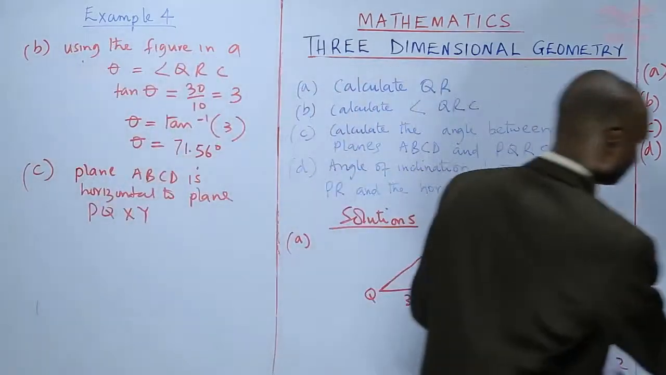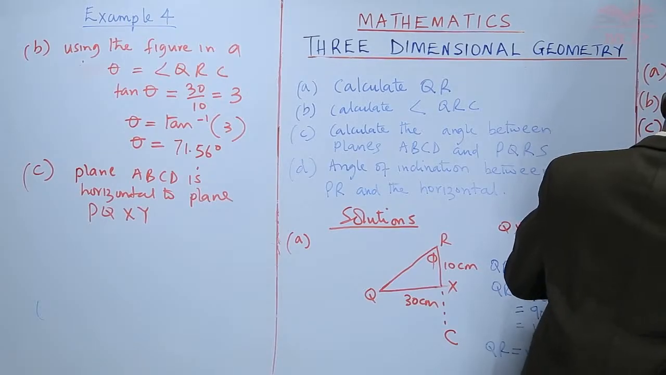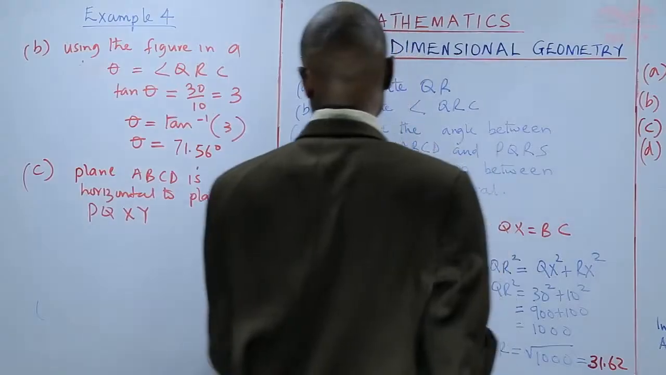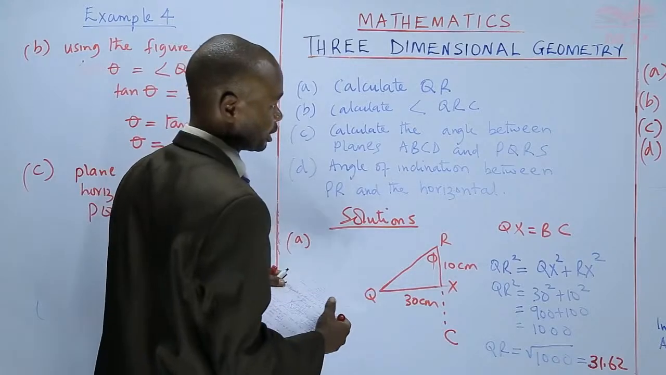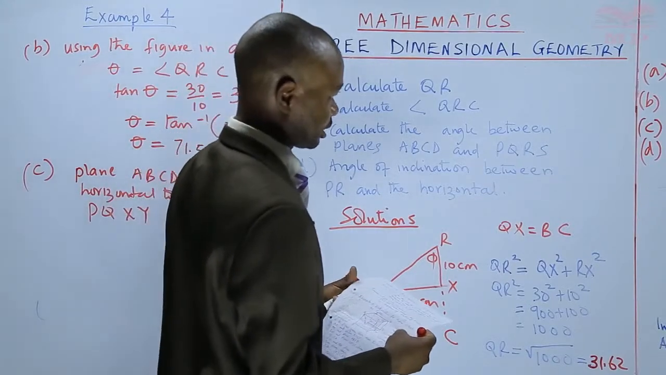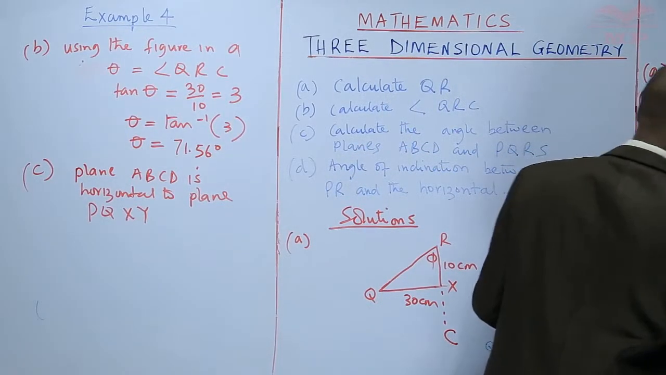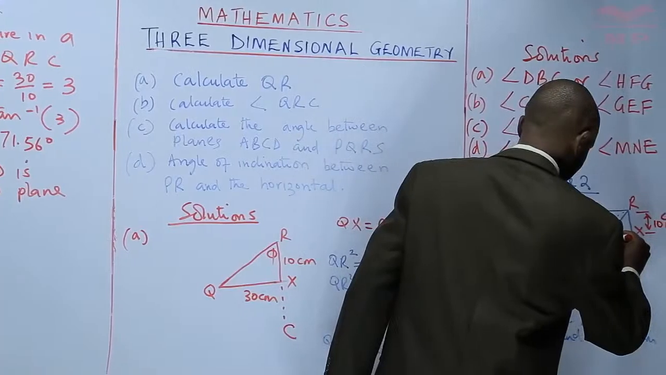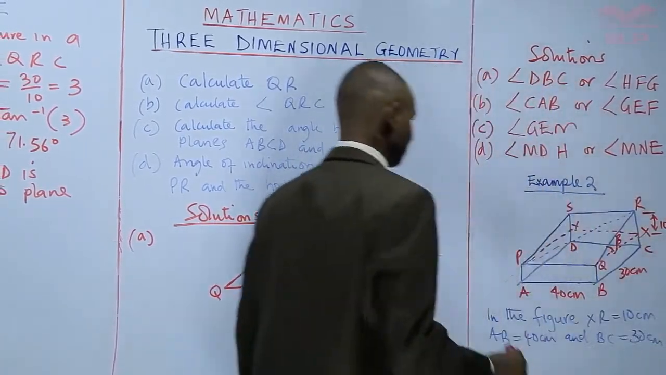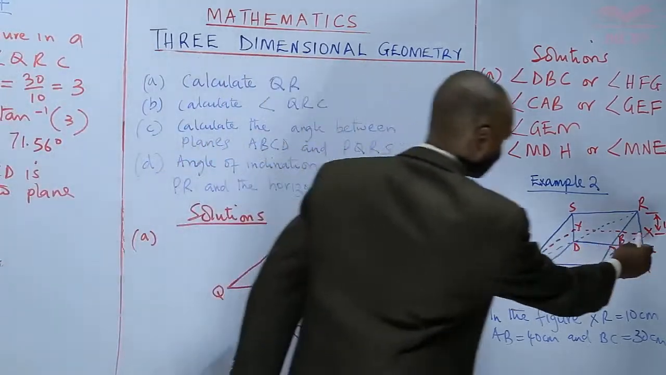So when you talk of this angle, since it is horizontal to this, even if you project PQXY, they are talking about the angle between ABCD and PQRS. So it will still be the same as this angle. You can call that angle alpha. The angle in question will still be this one. You'll have your XR,